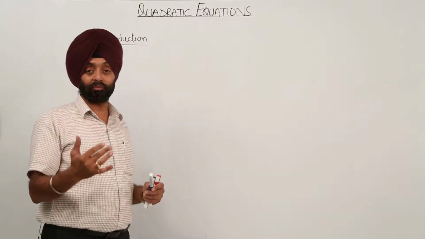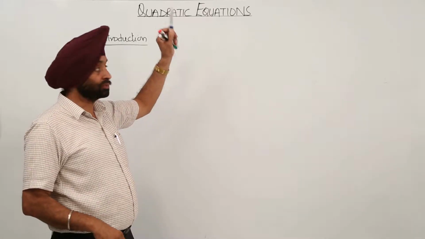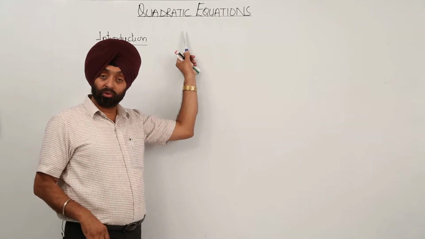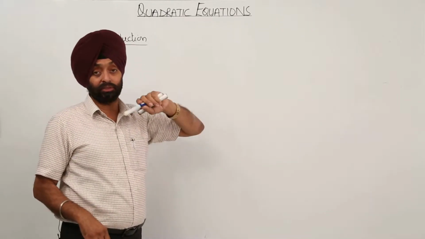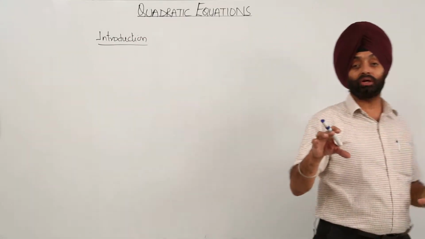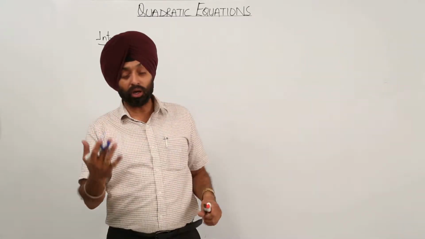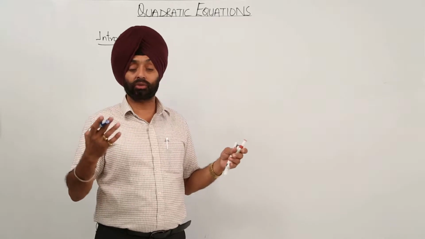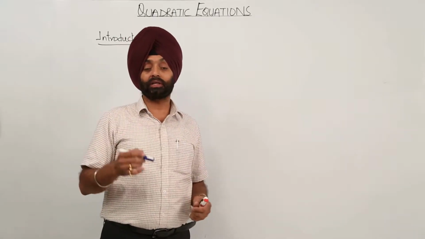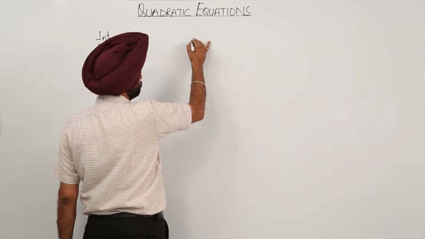Next topic after complex numbers, related to complex numbers, is quadratic equations. We are already aware of the quadratic equations we did in class 10th, and one major concept in the quadratic part was the nature of the roots. Is it clear? You know what the nature of the roots basically is. Now, what we did in class 10th, we just wrote the discriminant